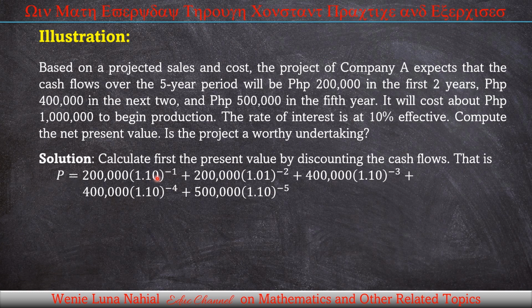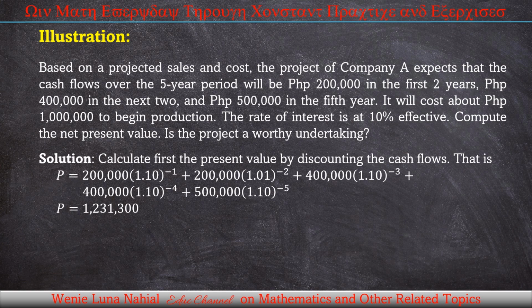1.10. That is because it is good for 1 year. So 1.10 raised to negative 1. Then 200,000 times 1.10 raised to negative 2, plus 400,000 times 1.10 raised to negative 3, plus 400,000 times 1.10 raised to negative 4, plus 500,000 times 1.10 raised to negative 5. Then you will get 1,231,300. So this is the present value of the investment,